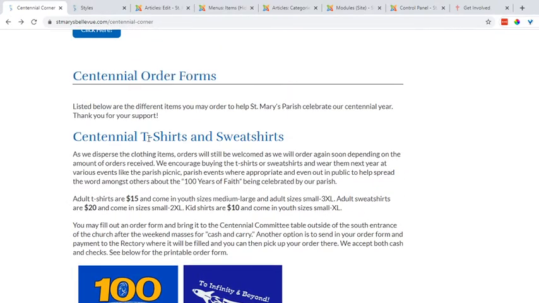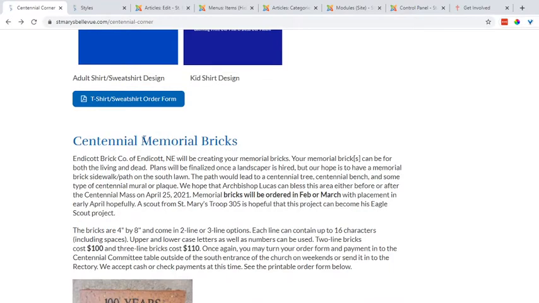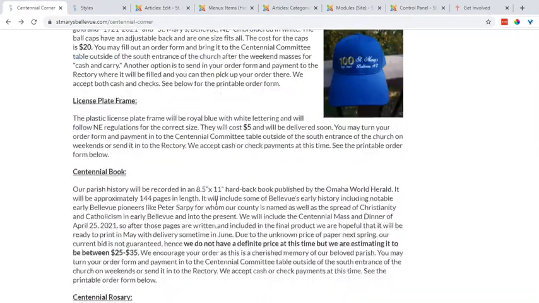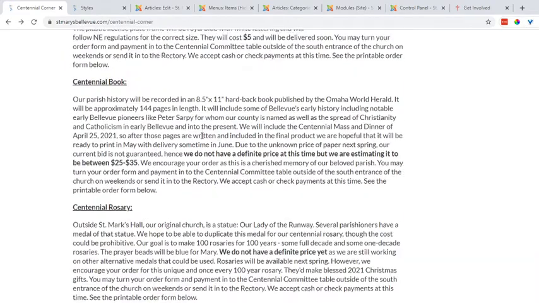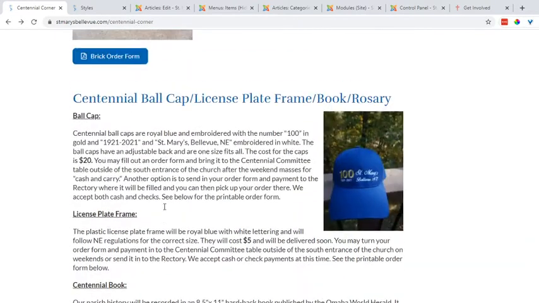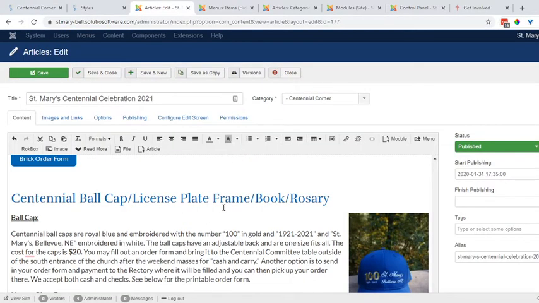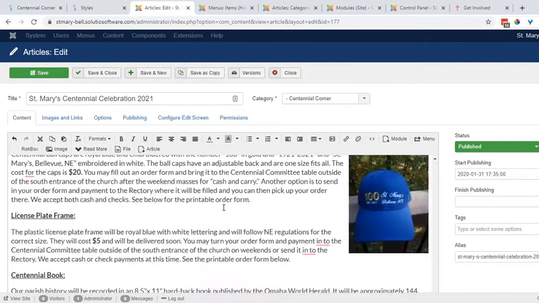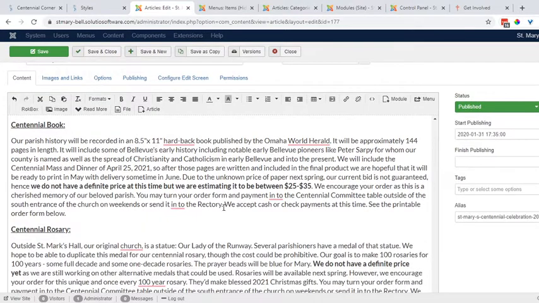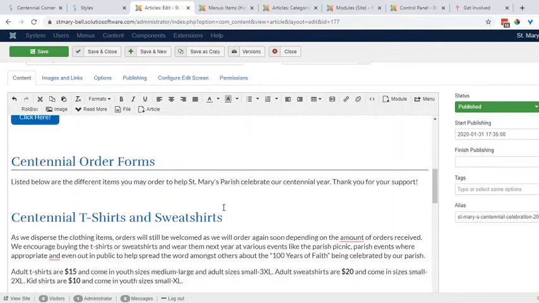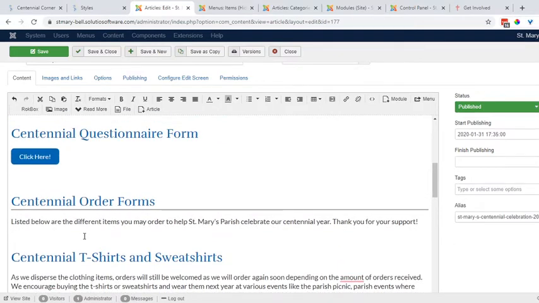the order forms, and then there's respective areas of things to order: mortar bricks, ball cap, license plates, etc. And maybe I want to go down here to this list. So I'm going to create the first couple and then send it back to a staff member so that they can finish this up. So I think the first thing I need to do is figure out what my list is. Rosary, book, license plate, and ball cap. Let's start with that. We'll do